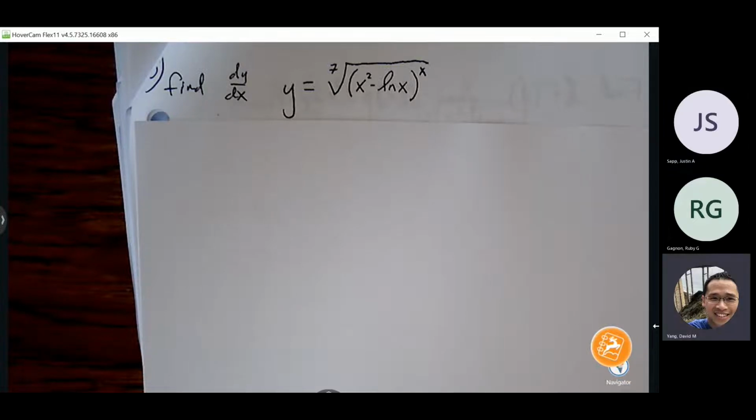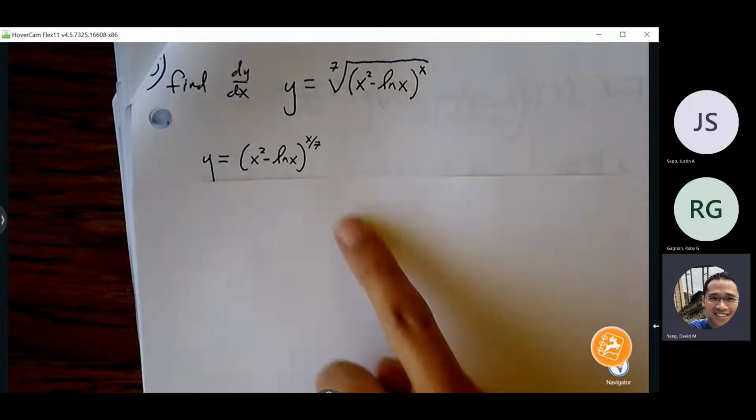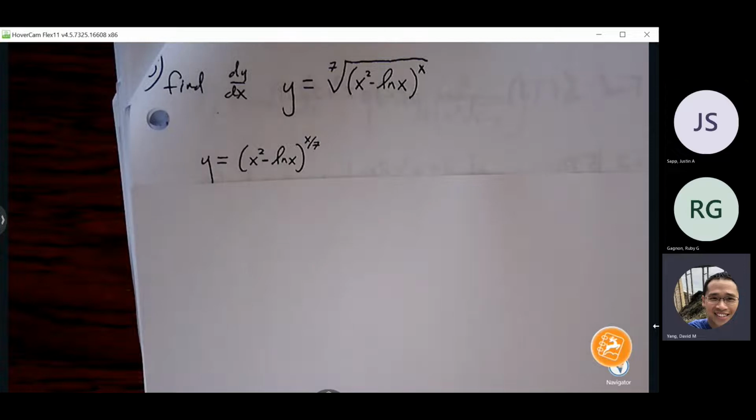Can that turn into x over 7? That's right. Good. X over 7? So technically, it's parentheses raised to the x times, or raised to the 1/7, and the 1/7 times x, we can just merge it to be just x over 7. Oh, okay. All right. But yeah, technically you are raising both to its own exponent, but you can merge them